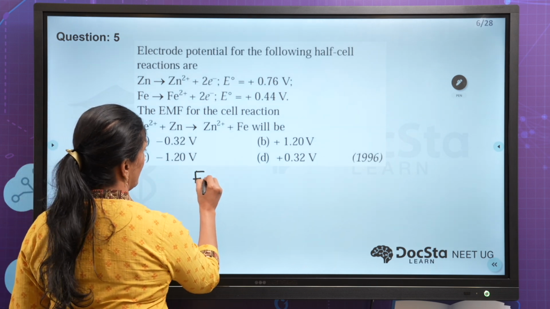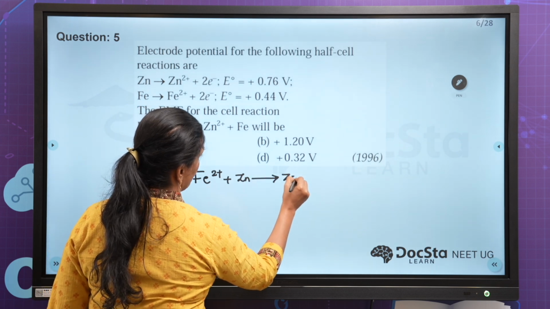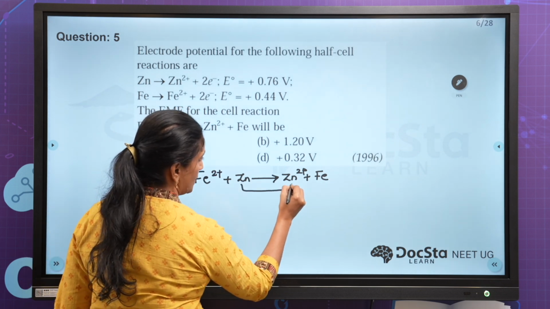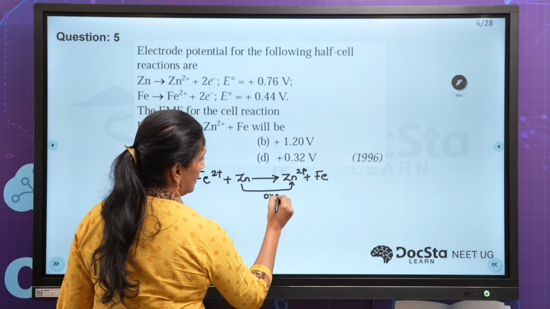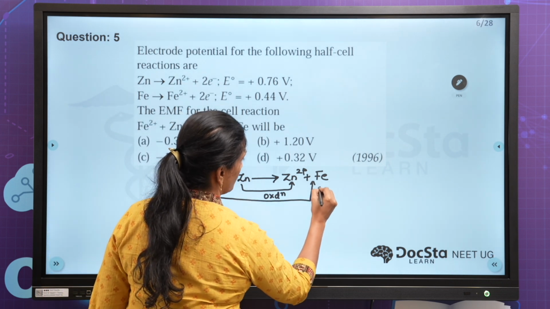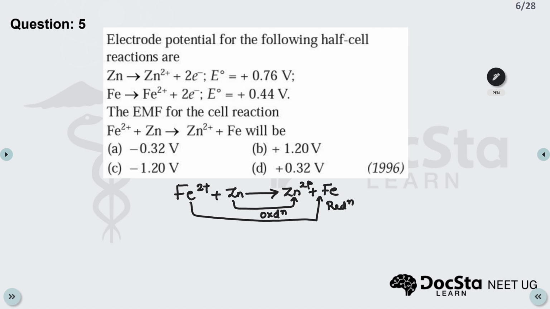The cell reaction is given as Fe2+ + Zn gives Zn2+ + Fe. Here we find that zinc is getting oxidized, isn't it? Oxidation potential is given. Here Fe2+ is getting converted to Fe, so this will be the reduction potential of the reduction half cell. It is provided in the question: E0 Zn|Zn2+ is 0.76 volt, and also E0 Fe|Fe2+ is